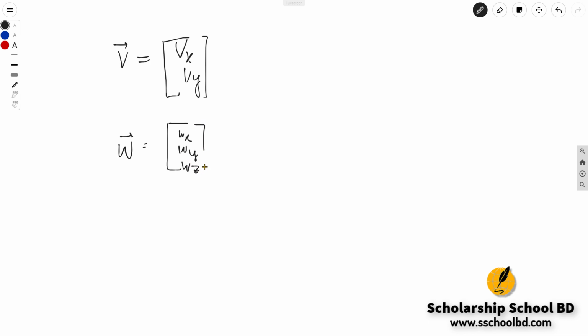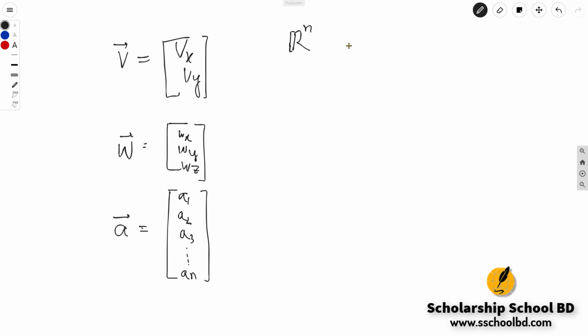In the same way, if someone gives you another vector that is a, and it has n number of elements, for example, a1, a2, a3, in the same manner, it has n components. Now, what you are seeing, basically, is that all these vectors have a certain number of elements inside them, right? Depending on the number of elements or number of components, we can define vector space. This big R is the set of all real numbers. And then if you add a number on top of it, for example, n, it denotes the dimension of the